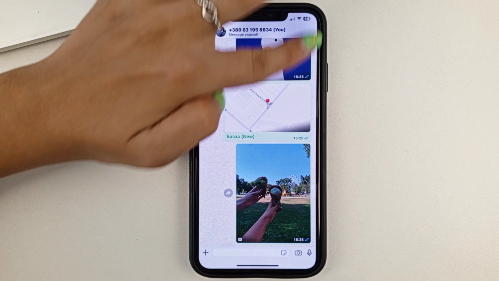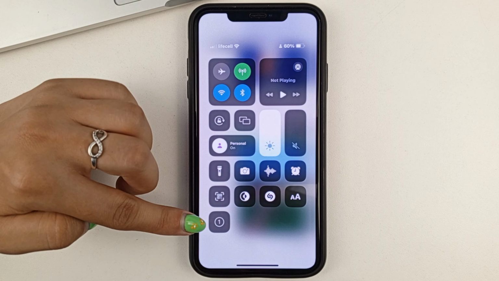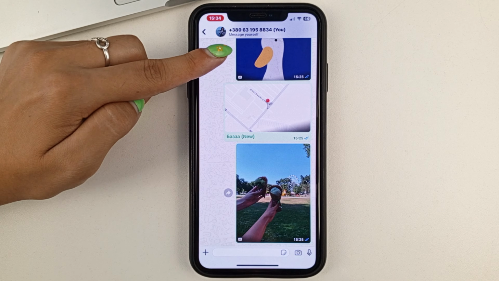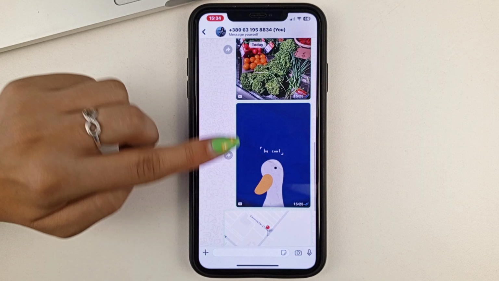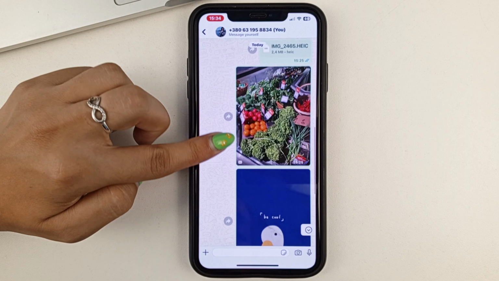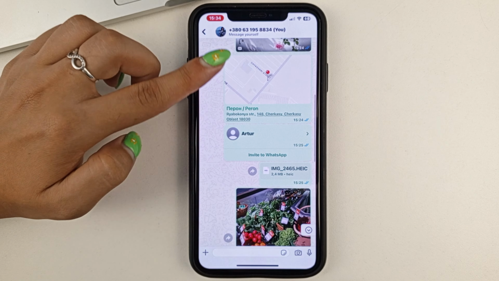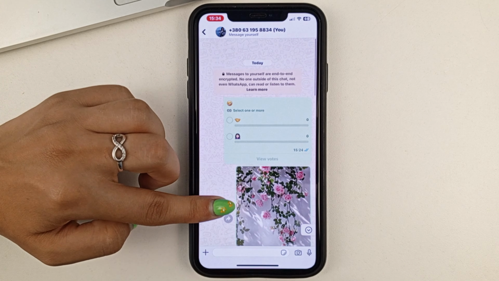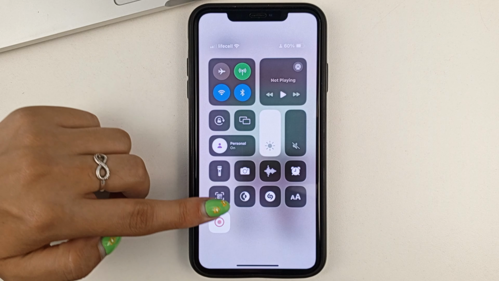Next, swipe from the right side from top to bottom, click on Screen Recording, and in 3 seconds you'll have a screen recording. Now swipe up from the bottom and scroll through your correspondence, but not too fast. When you are done flipping through your correspondence, also swipe from the right side, top to bottom, and finish the screen recording.